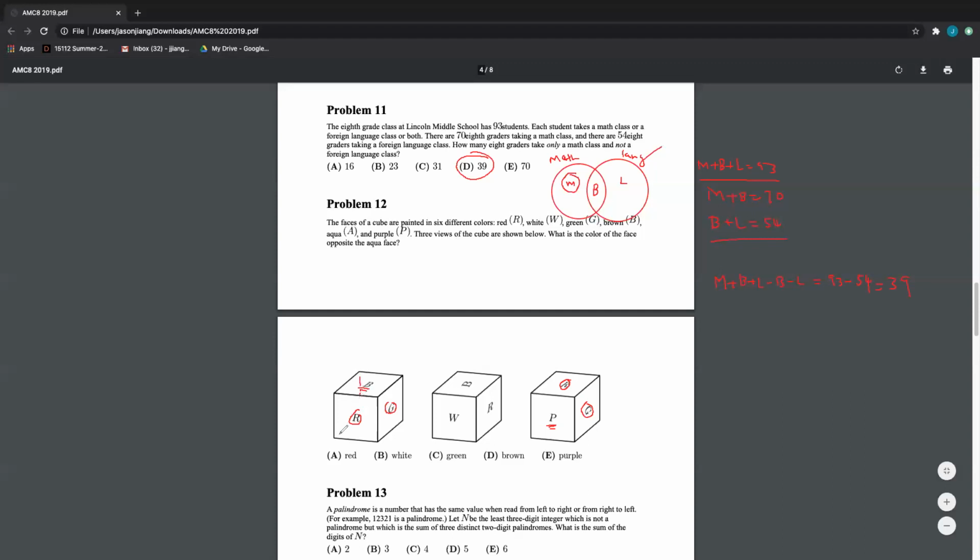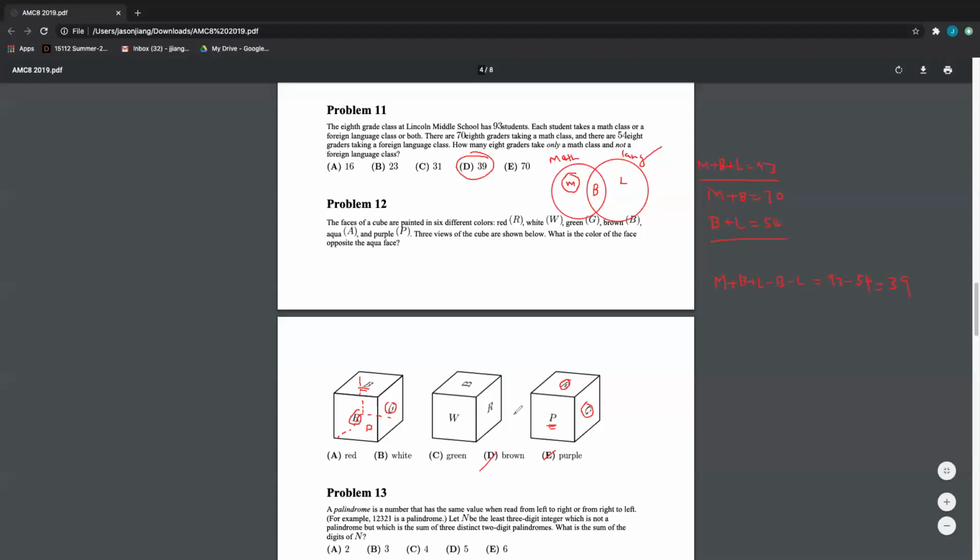If we imagine drawing the inside of this cube, the only place the P can go is on the bottom because it has to be touching the red and the green. The B is on top, so the P is on the bottom. So B and P are opposite each other, and we can eliminate those answers because they're not going to be opposite the aqua. Now let's look at